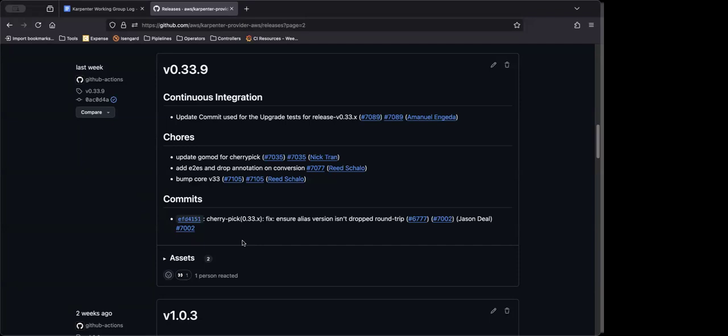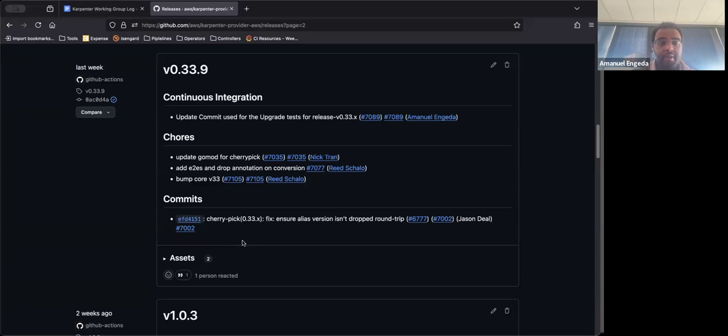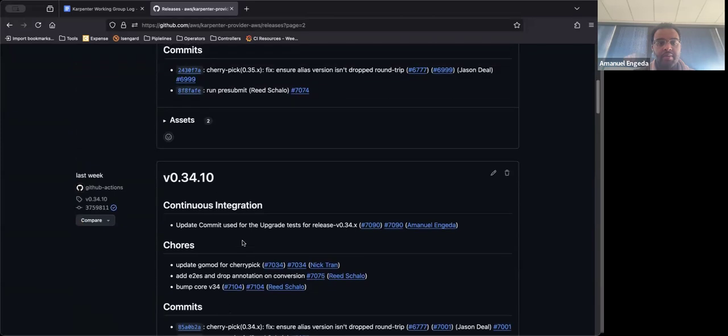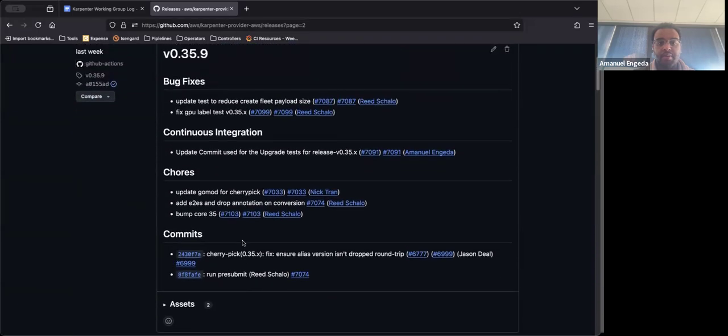We'll continue to track things through GitHub issues. Please, if you are experiencing any pain, either with upgrading or with anything general with Karpenter, let us know. We will try to help as much as we possibly can.